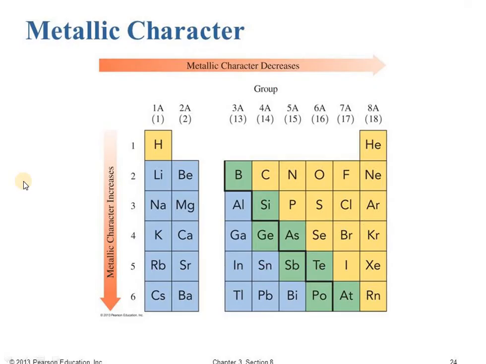So if you see here, down the group the shells are increasing. Lithium has 2 shells, sodium has 3. Lithium has 2, beryllium also 2, boron also 2, carbon also 2, neon also 2. How can you find that neon is 2? It is 2, 8. Okay, so this way.